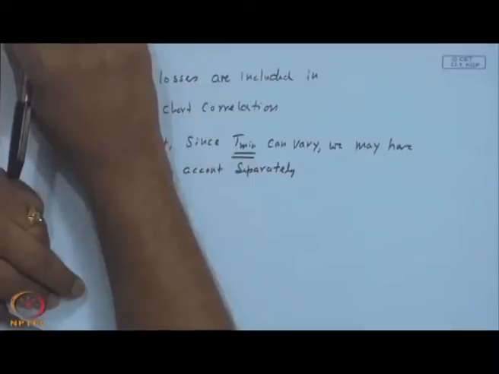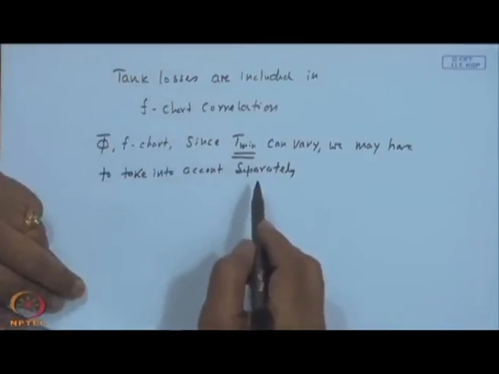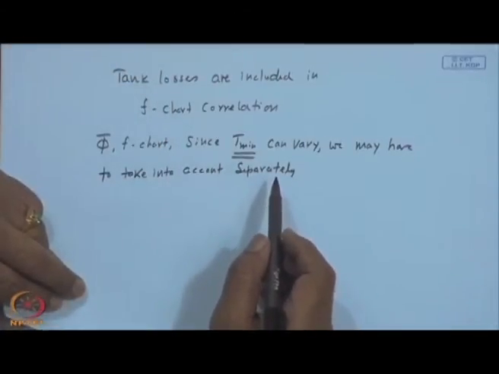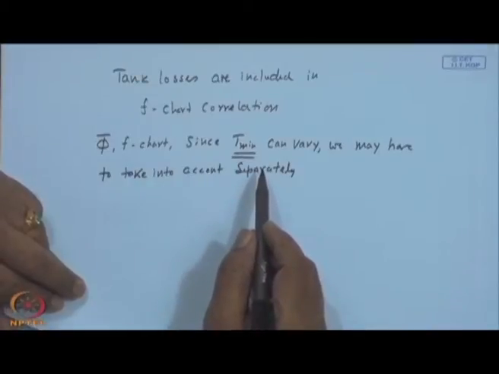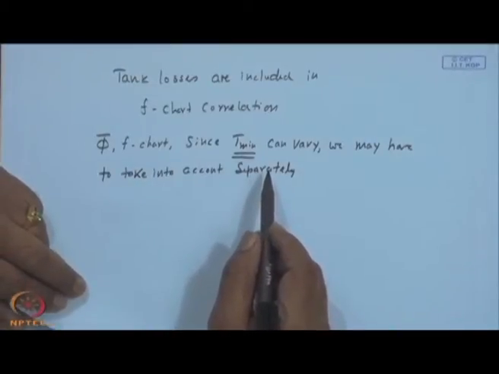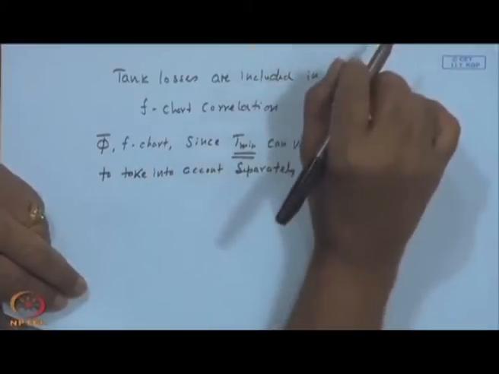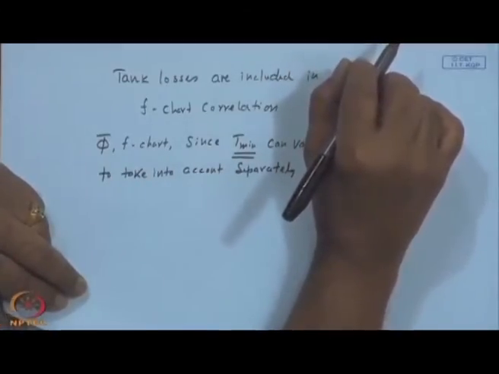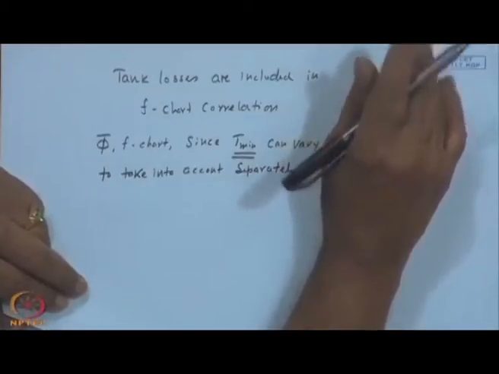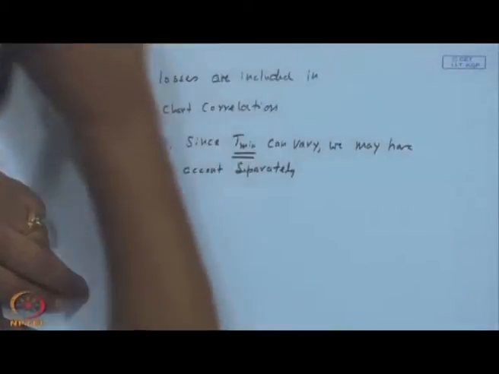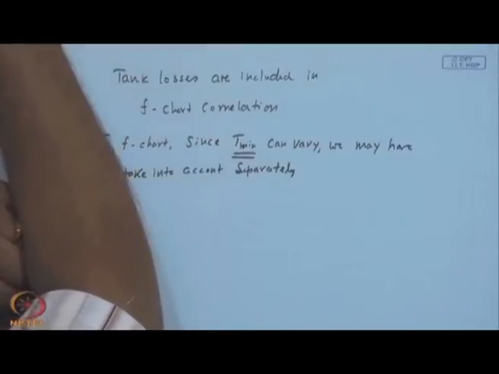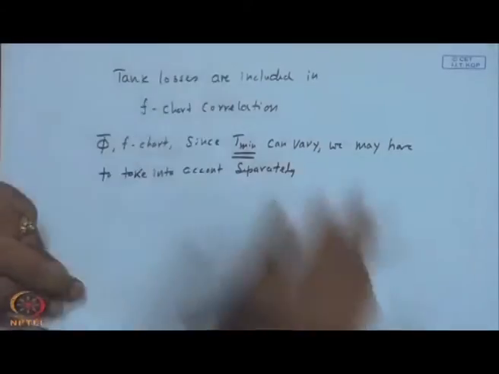Indeed, in the F chart method also, though losses in the pipes and tanks are not mentioned, heat exchanger size has been mentioned, and if the heat exchanger size is not the standard size, you correct the variable y as y c by y, some exponential function. So, the heat exchanger is there in the F chart method also.